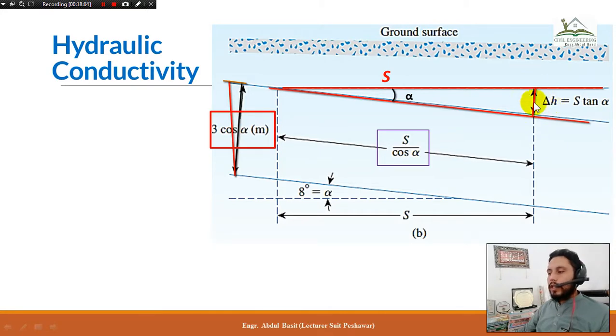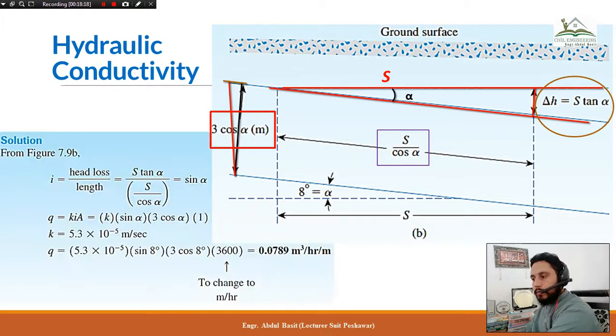This is delta h. How to find it out? Delta h will be equal to S multiplied by tangent alpha. Okay, simple geometrical equation. So then if delta h is already determined, for I, you need to find out